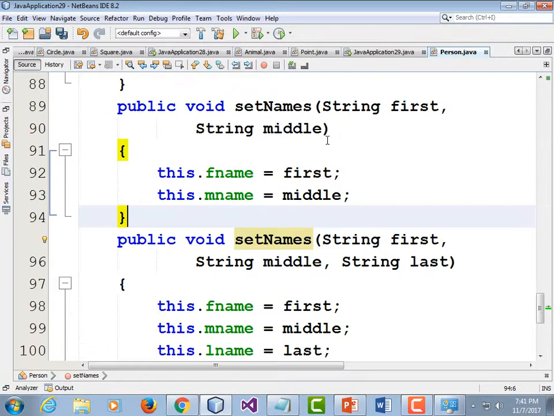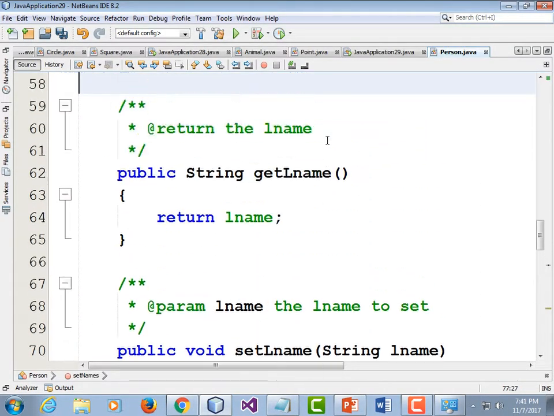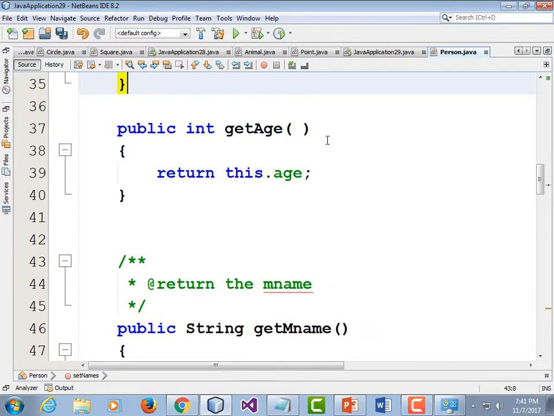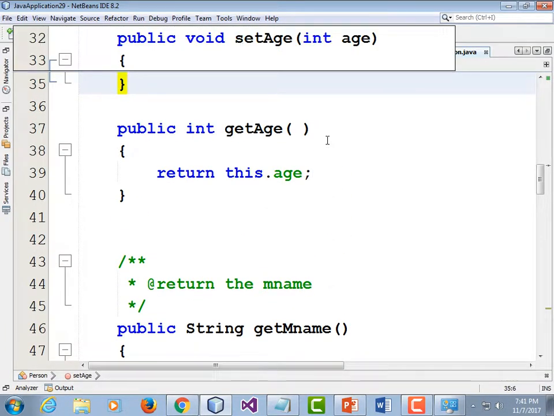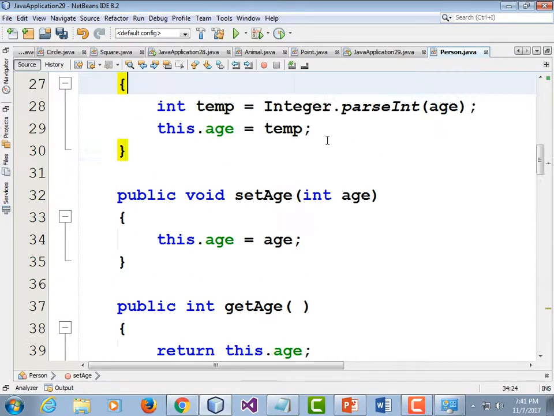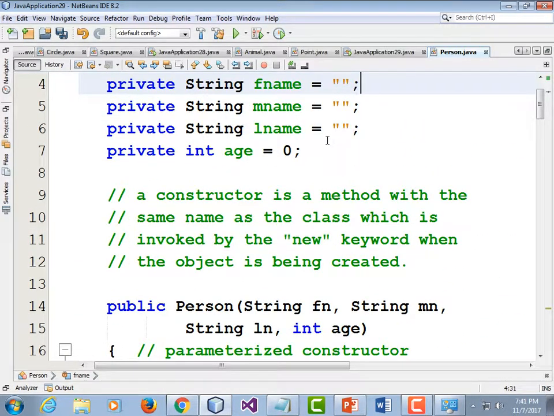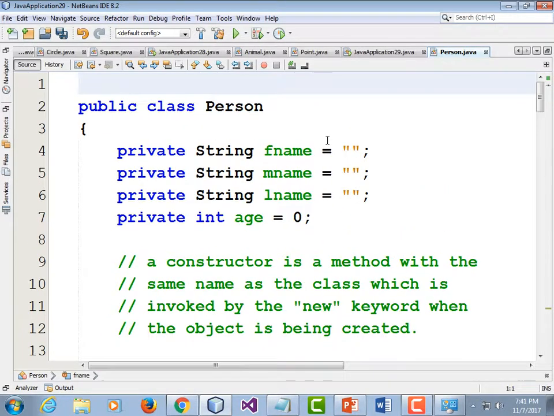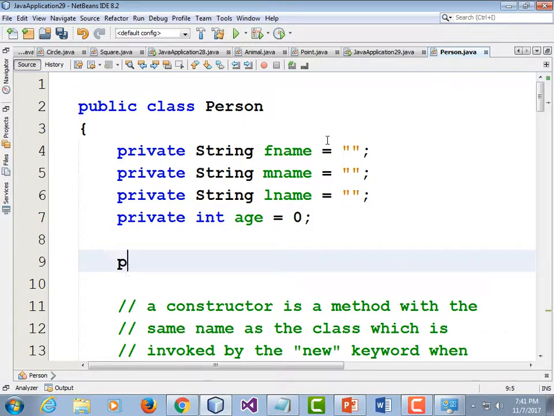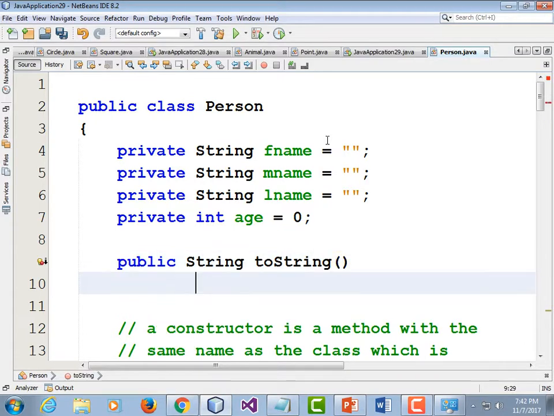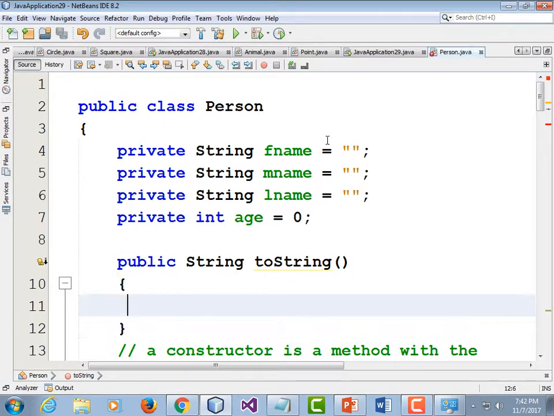Override means replace a method, not add a new one. Replace a method that we inherited from another class. Not that we know what inheritance really is, but every object in Java inherits from something called the Object class. And the Object class gives some very basic methods, including toString, which is used to try to print it. But the toString method that the Object class gives us isn't very useful. It doesn't give us much information, so we're going to write our own. Public String toString with a capital S,